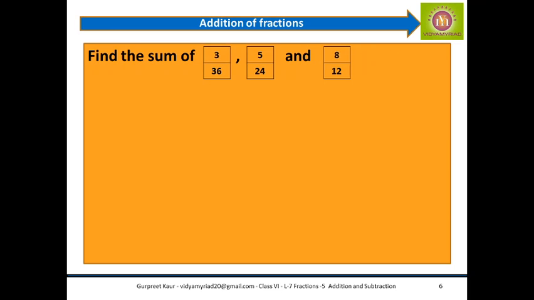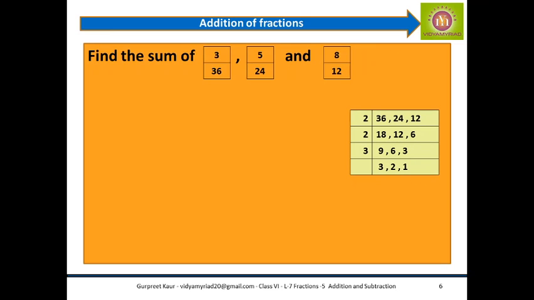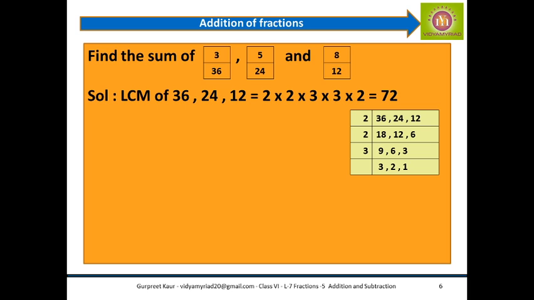Another example. Now I have given you 3 fractions. All the 3 you need to add. So what I do is, first find out their LCM. Okay. LCM comes to 72. So in order to make 72, 36 needs to be multiplied by 2. So the numerator also multiplied by 2. 24 needs to be multiplied by 3 to make 72. So 5 will be multiplied by 3. 12 is to be multiplied by 6 to make 72. So 8 will also be multiplied by 6. So this part you can even calculate in your mind, or you can write it with your pen or pencil very small over there to make your calculations easier.